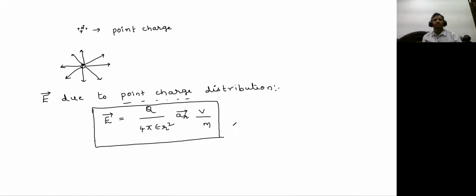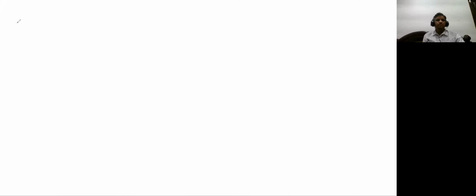So in the definition of electric field intensity itself, the topic called a point charge, which we have already used. That means E due to a point charge is obtained, and this actually we get it from the Coulomb's law itself, right? So then we extend our topic to the second type of charge distribution, which we call line charge distribution.